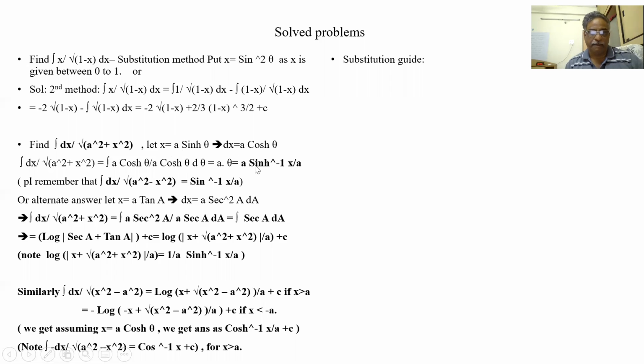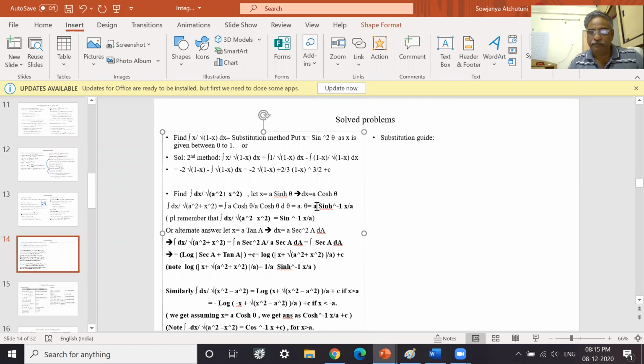So sin h inverse x by a. Since a square plus x square is there, we have used sin h theta. Because 1 plus sin h square theta is equal to cos h square theta, under root becomes cos h theta. They two get cancelled. So this is sin h inverse x by a. So you remember, if it is root of a square minus x square, we have sin inverse x by a. Since it is root of a square plus x square, we have sin h inverse x by a. Similarly,